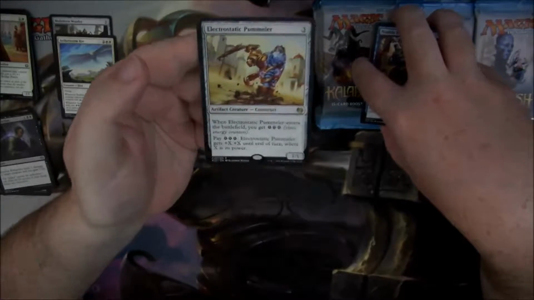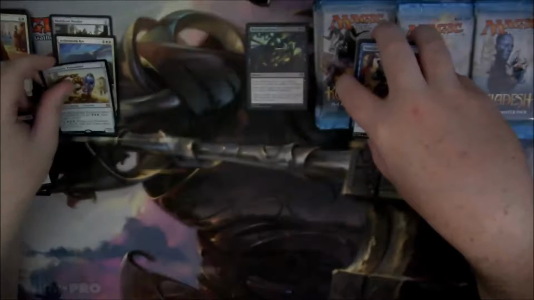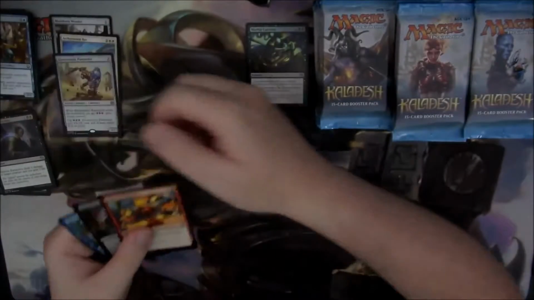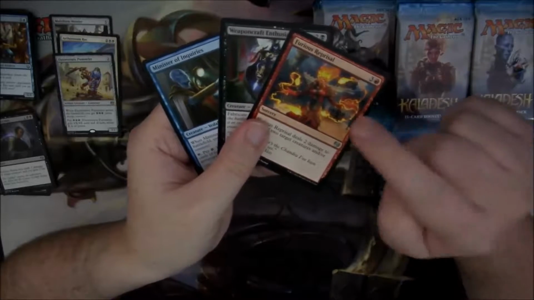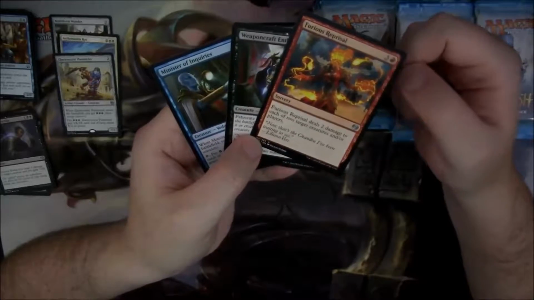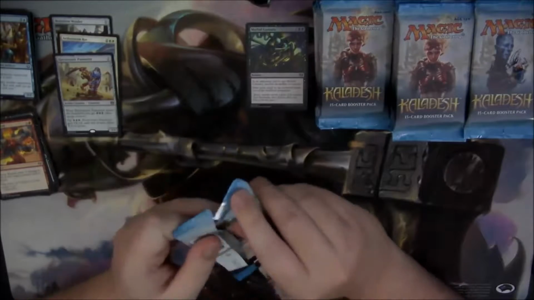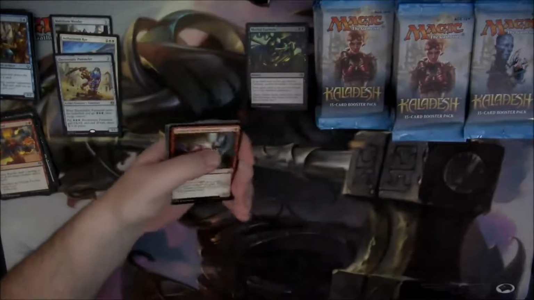An Electrostatic Pummeler. Uncommons, nothing of note. Decent removal spell for Limited. Doing 2 damage to 2 different creatures for 4 mana is not terrible. There's a lot of X2s in this format, so...